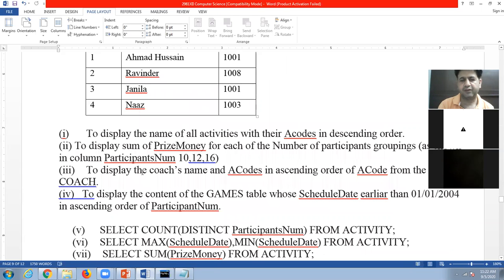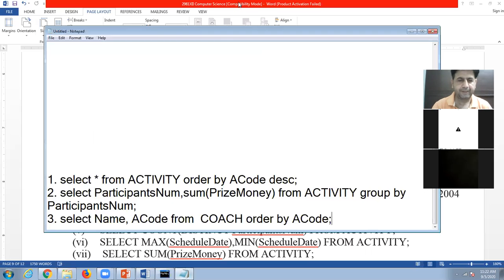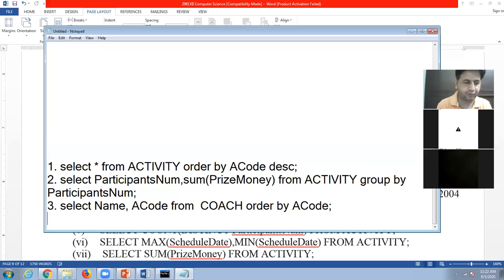So the question is to display all the contents of the activity table whose schedule date is earlier than 1st January 2004 in ascending order of participants number. Look here, query number 4: SELECT * FROM activity.